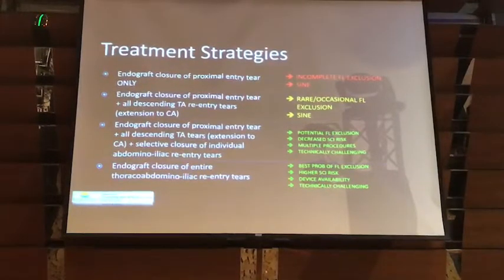The third strategy is endograft closure of the proximal entry tear with all descending thoracic aortic tears, so it incorporates option number 2, as well as selective closure of individual abdominal iliac reentry tears. The benefits of this are potential false lumen exclusion and decreased spinal cord ischemia risk, because you're kind of point welding all